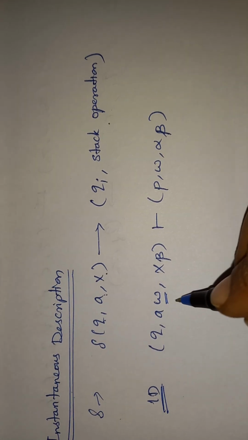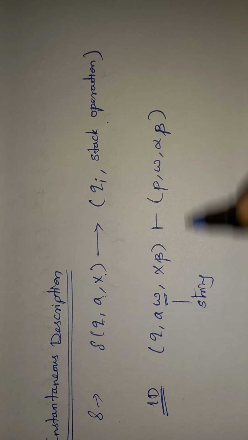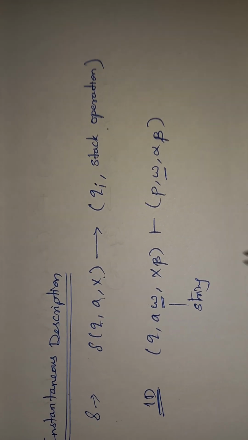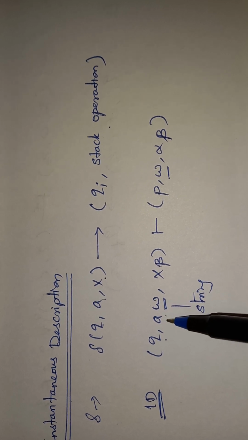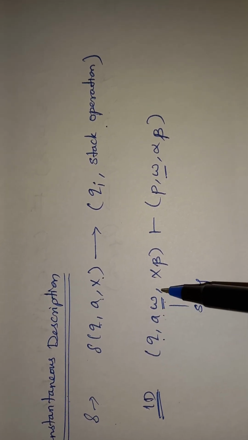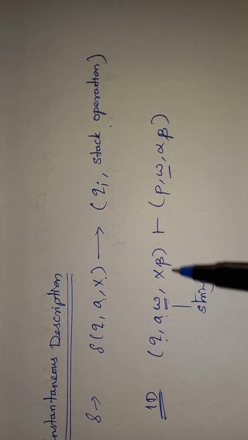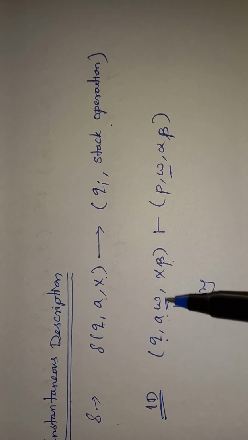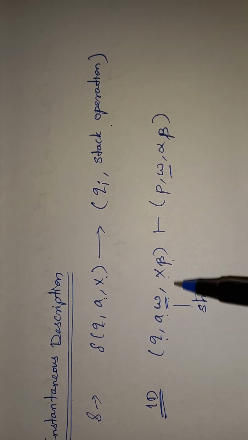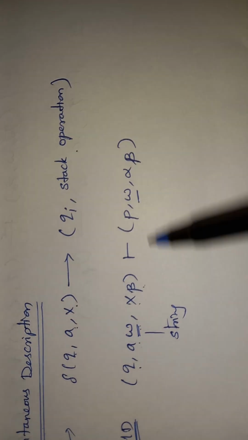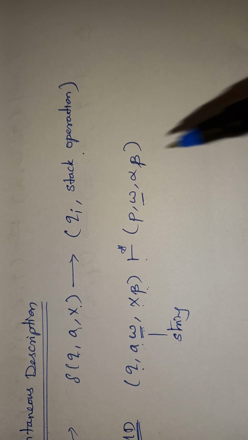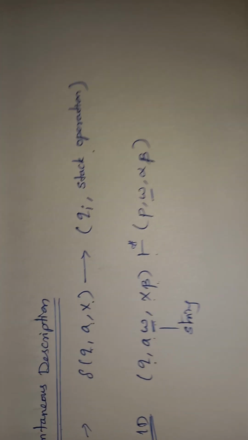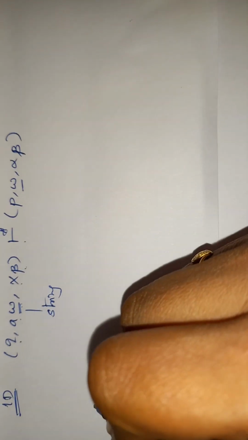So W specifies the string, right? Now, how is it specified? Any state, so the current state and the input, followed by the rest of the string, and then the stack operation, and the remaining stack. In the same manner, this turnstile will appear more in number, and until acceptance we will be utilizing it repeatedly, right? So if we take an example, say for example,